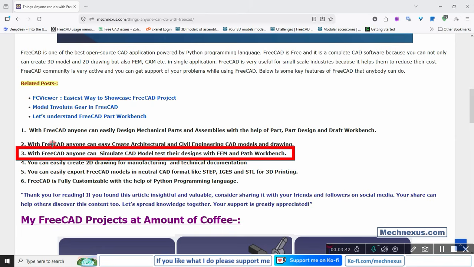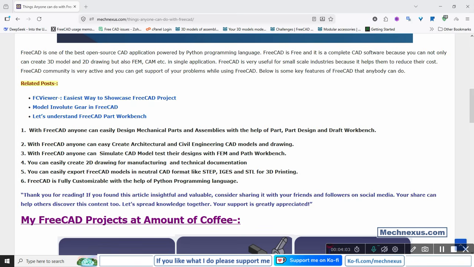On the other hand, FreeCAD is very good. I have created a few FEM tutorials where I did some basic calculations by hand, and I have validated them with FreeCAD FEM. So here we are going to see one example,